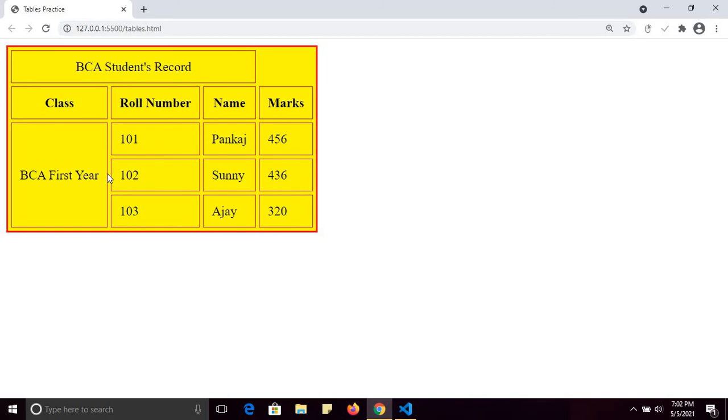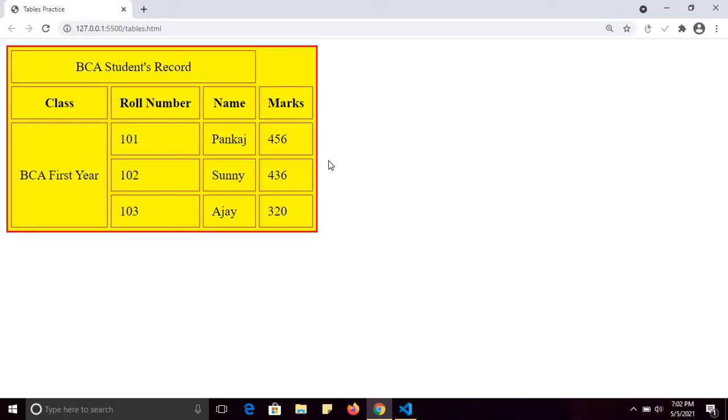It's fine now. BCA first year, fine, and now it is taking the space of 3 rows: first row, second row, and third row. Fine.